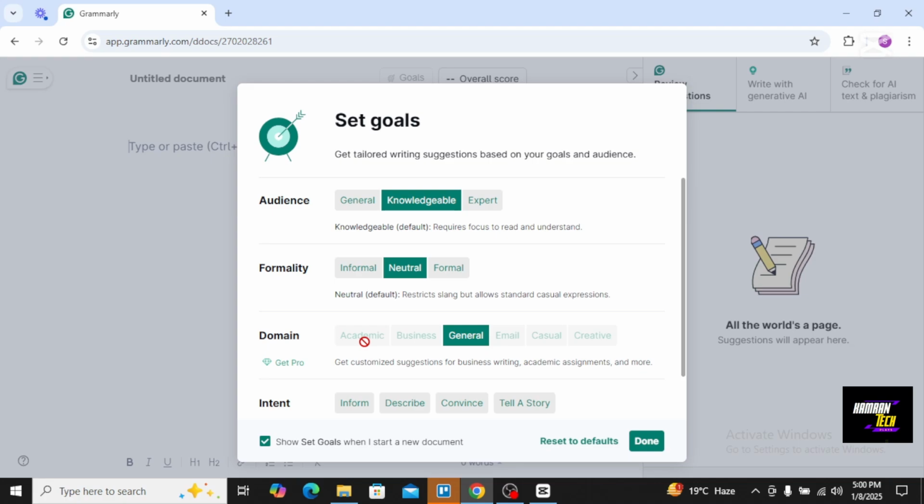subscription. You will have to buy the plan, and after getting the plan you will get customized suggestions for business writing, academic writing, assignments and more. So that's it. In this way you can use Grammarly AI for